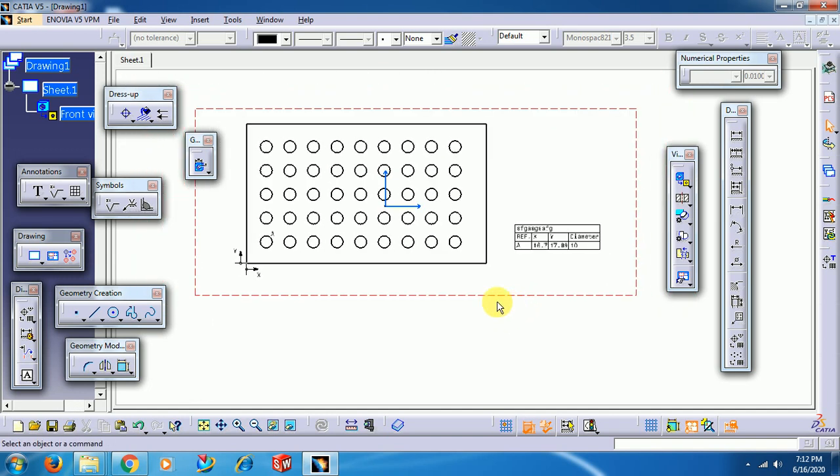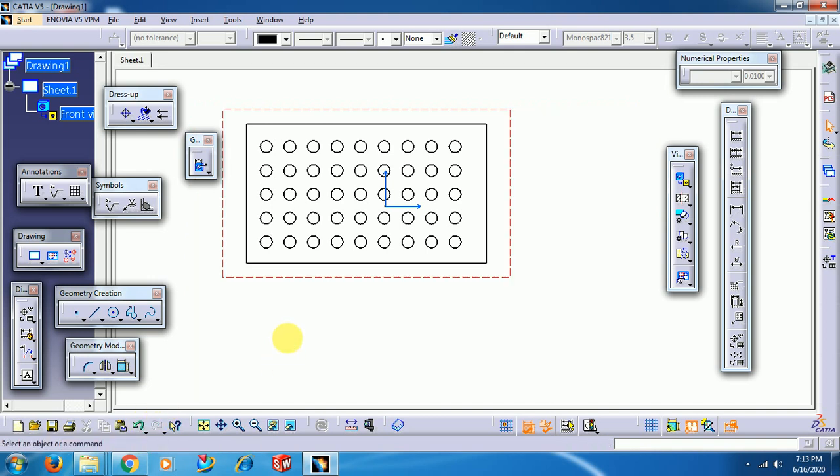Now I need to calculate XY coordinates for all holes. I want to drill holes with the coordinate system, so you need a table for that. For that, I go back. I want to place the origin over here.